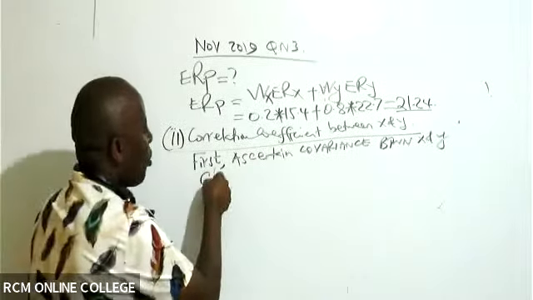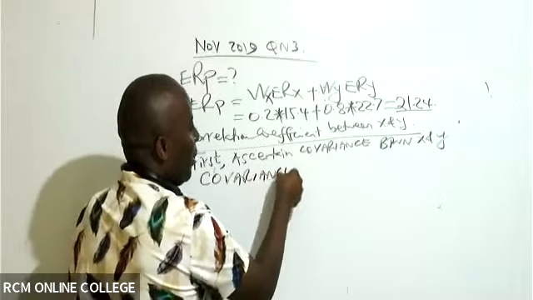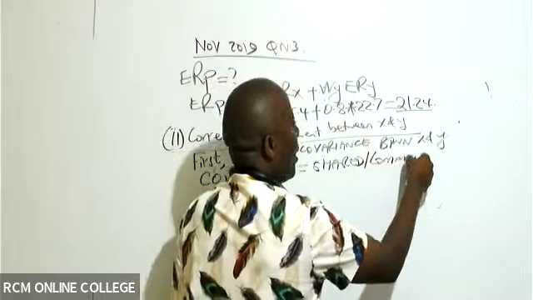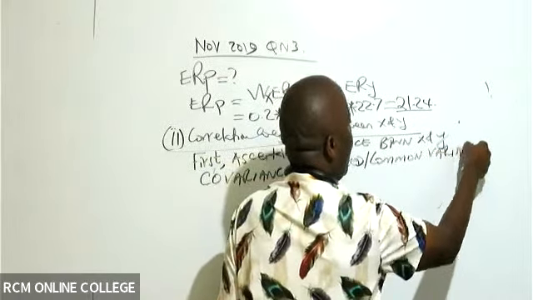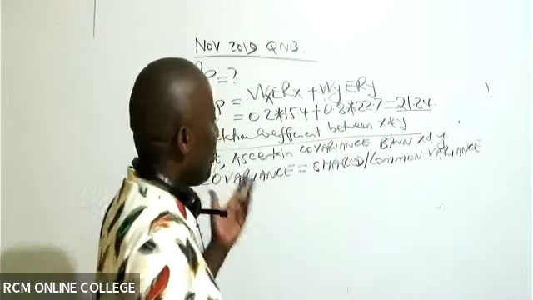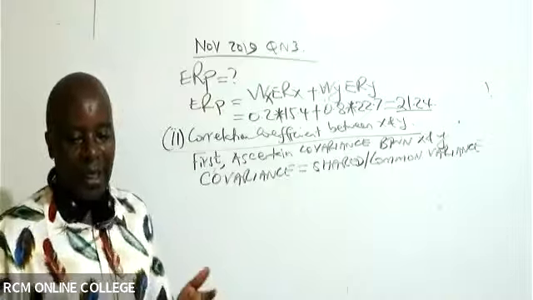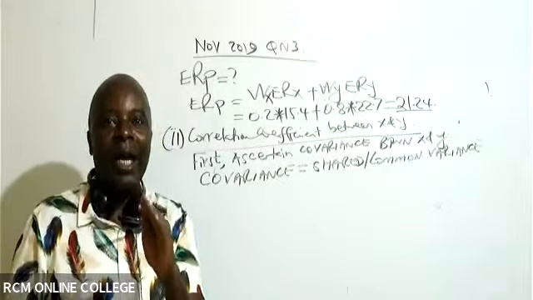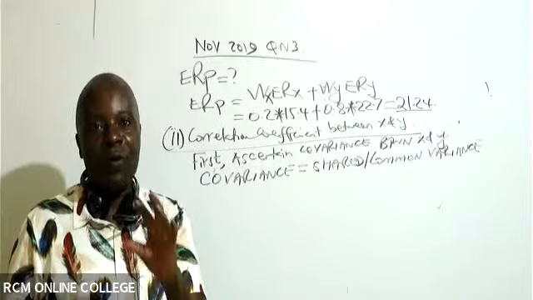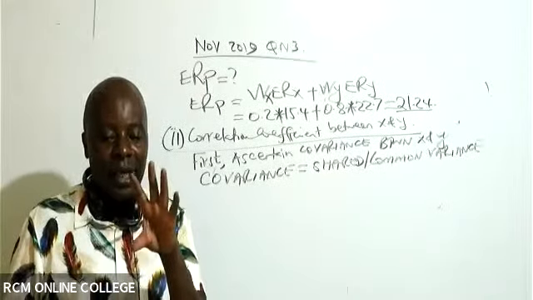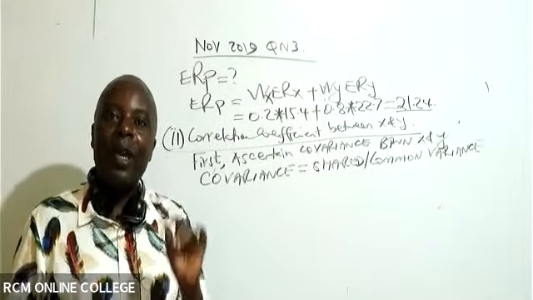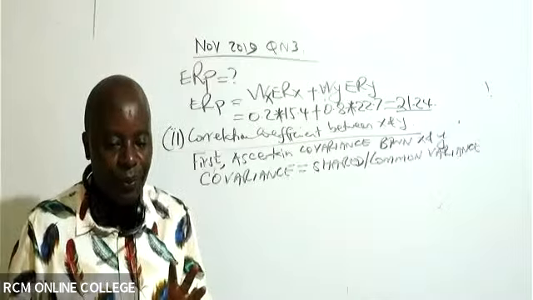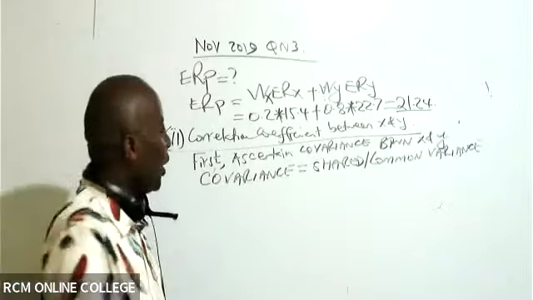What is covariance? Covariance is the shared variance, or the common variance. Whenever you hear of this word co, especially when you are a lady, and then you're passing somewhere, and then you hear somebody saying, that is my co-wife. Please run, run, run. Co-wife means shared. You are sharing a husband with somebody. So the same case here, whenever you hear of covariance, it means the shared variance. And if it is the shared variance, then how do we calculate this shared variance?